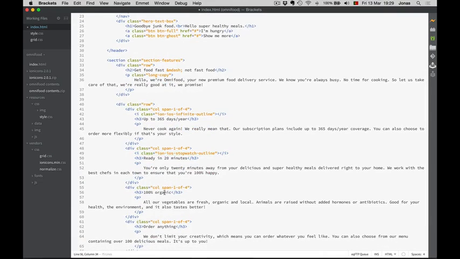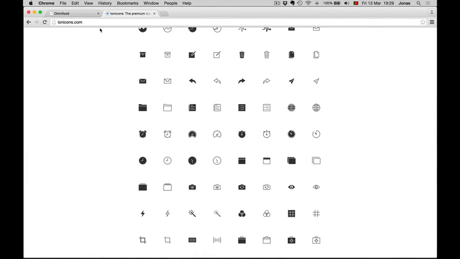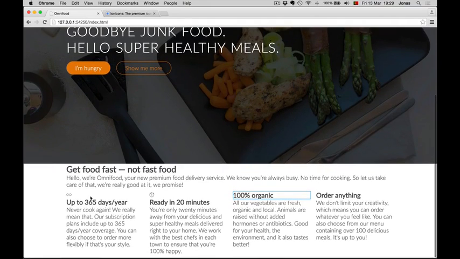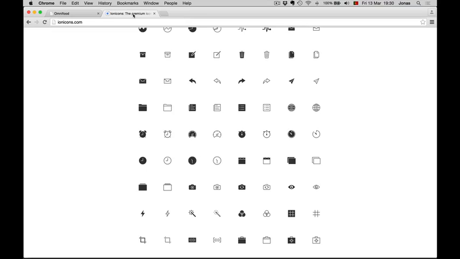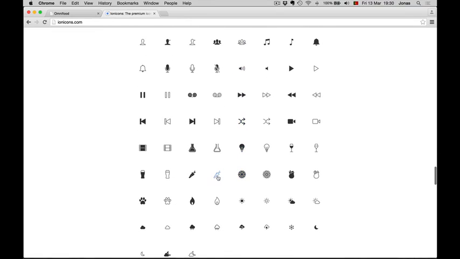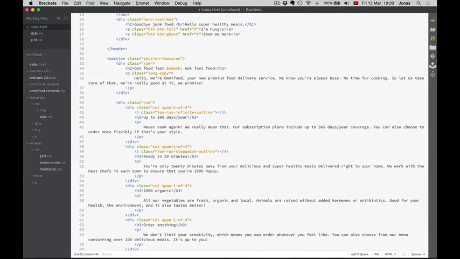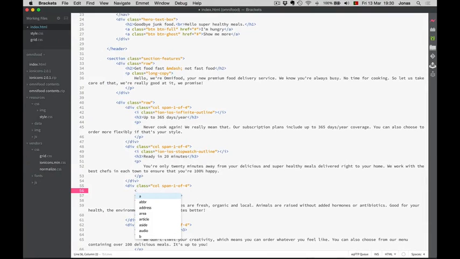And the next one is 100% organic. So let me see what we have for that. But first let's check if they're showing up here. Okay, they are. Cool. Now let me choose another one for the 100% organic. But I'm going with this little carrot here. So let me just write it here. I class,